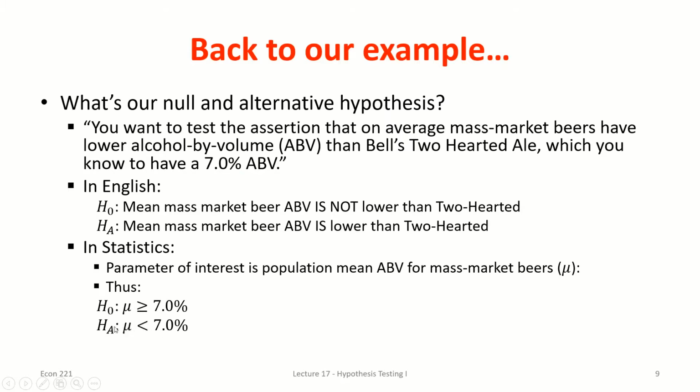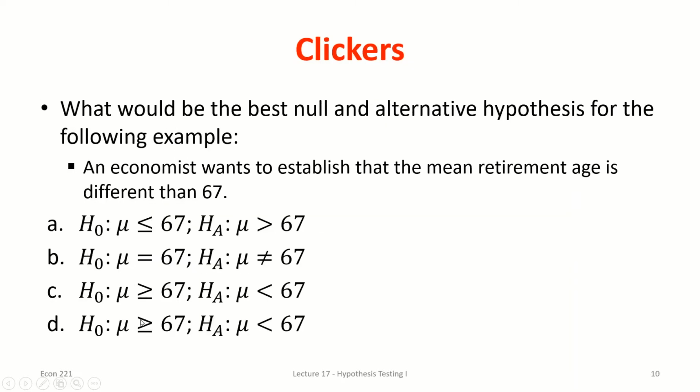Well, using that actual number, right, what we're saying is, okay, I want to test for whether or not this average mass market beer has a population mean less than 7%. So I'll assume the opposite is true. I'll assume that it's greater than or equal to 7%. Right? So I've now got this one-sided test. Remember, the name of the test goes based off the alternative hypothesis, so we have a less than sign. So this is a less than or a left-tailed test. Right? If we had a greater than sign in the alternative, it would be a greater than or a right-tailed test. And if we had a not equal to sign, it would be a two-tailed test. But here we've got a less than sign, so we've got a left-tailed test. Right? So